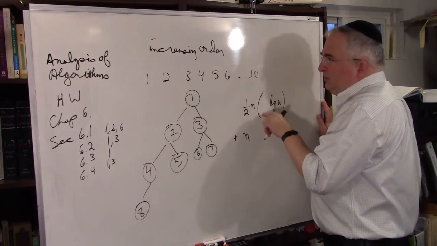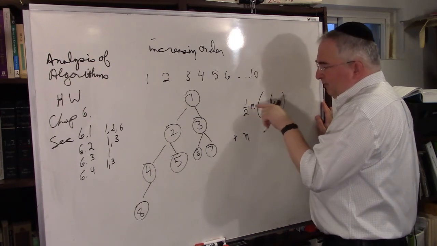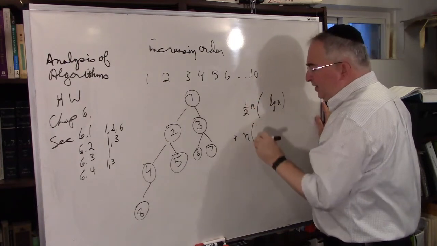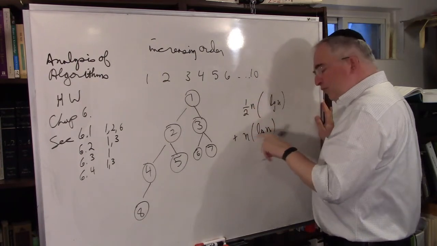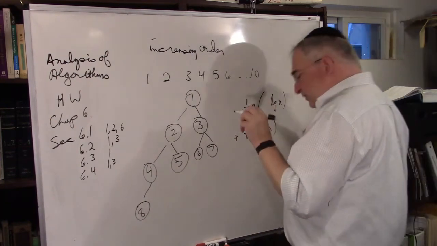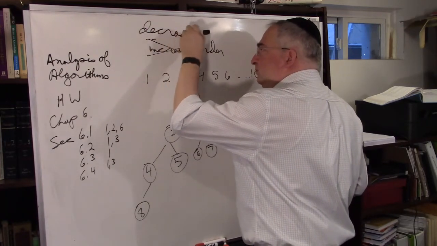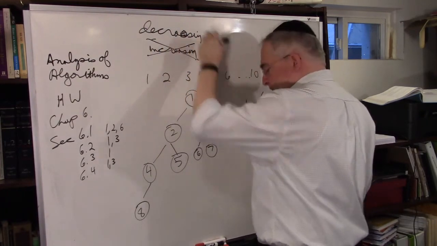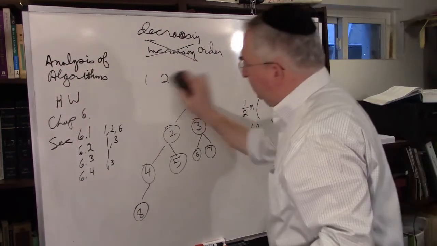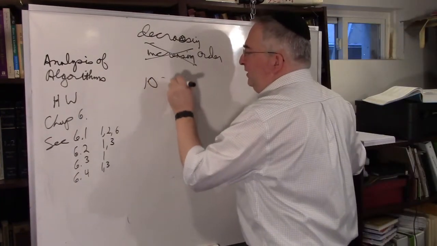So the main point is that when it's increasing, you have to do this by half of them, and then for each one, pull it off, and then log n for heapify at each point. Okay. Now the main difference is by decreasing order. Okay. Then it's much easier to make the heap. Let's do an example. 10, 9, 8,